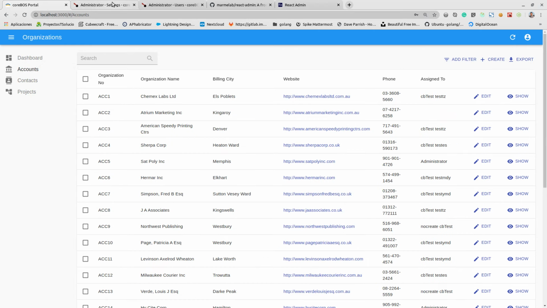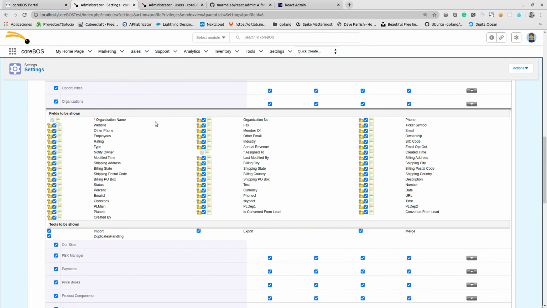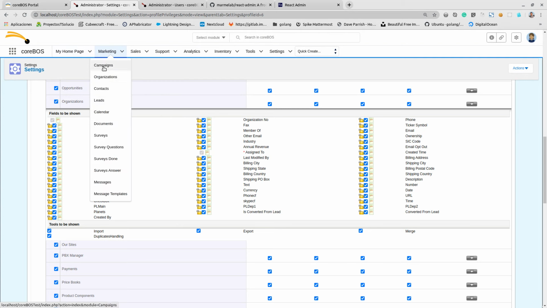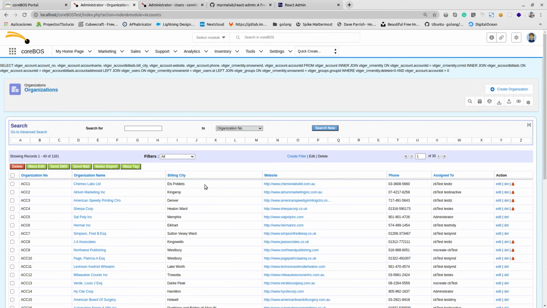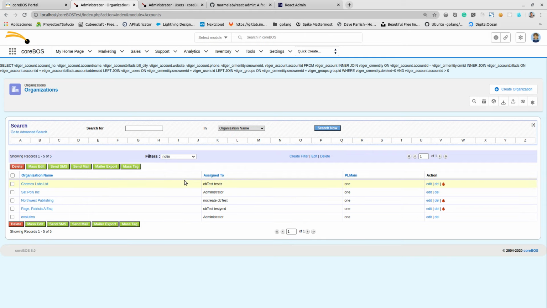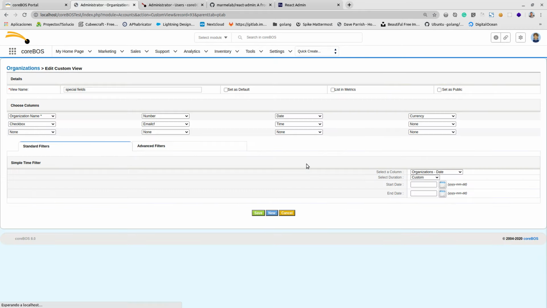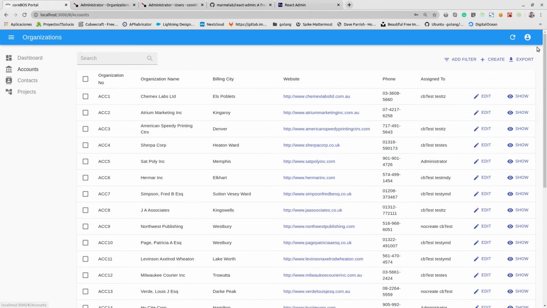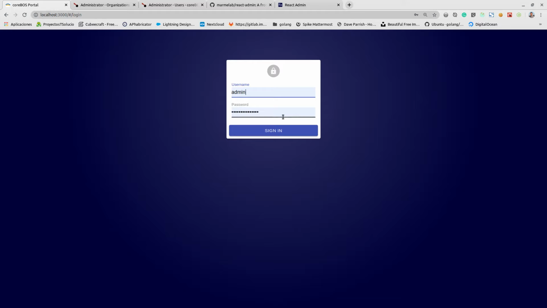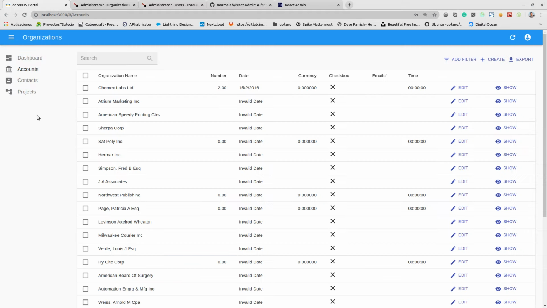The idea is that if I come over here to my application and I go to the accounts module and I pick, I don't know, what is this, just two columns, short, special fields. Okay, this one is nice. Special fields filter. This shows me the organization, the number, date, currency. Okay, it's a filter in coreBOS. If I edit this one and set it as the default filter, and I log out here and I log back in so that it reads the filters again by the module,